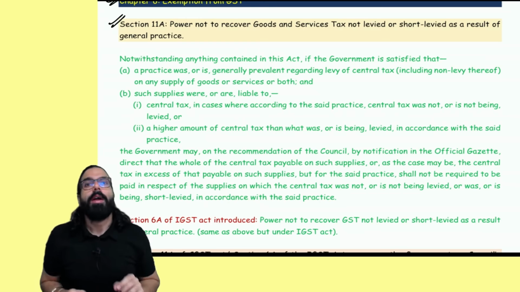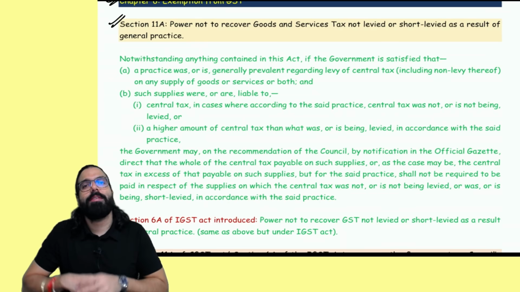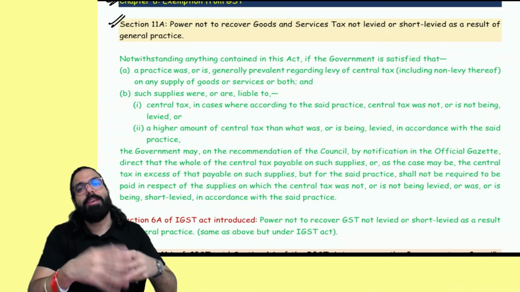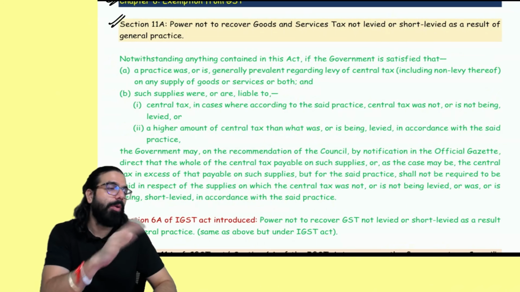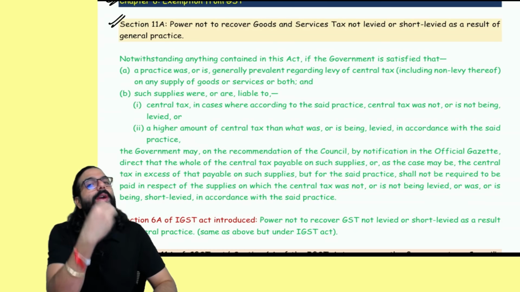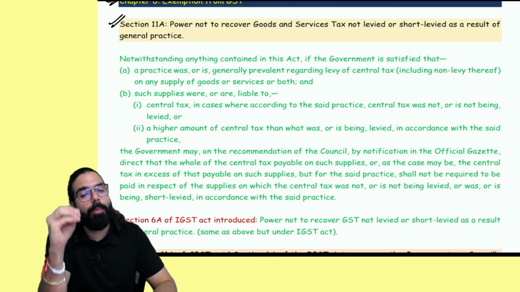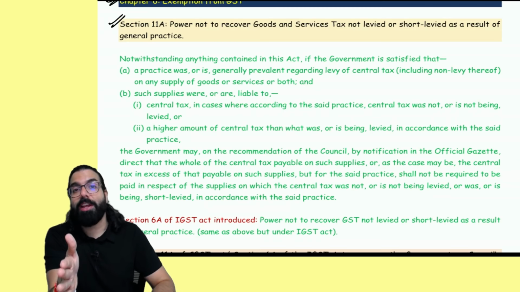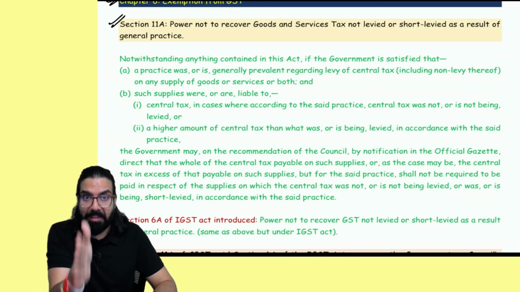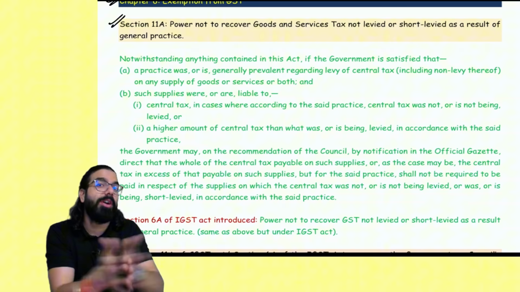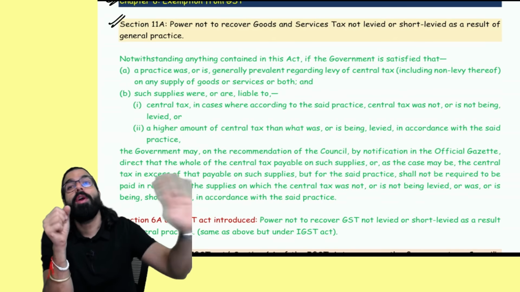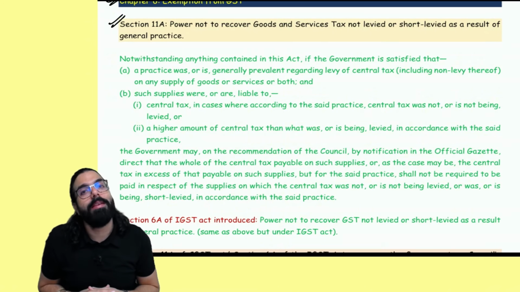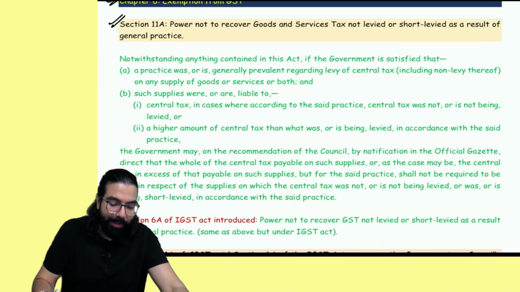government the power to issue a notification and say, okay, fine, whatever extra tax you should have paid, might be the whole industry paid only 5%, we are waiving it off. The power has now been given to the government, where it can issue a notification and say it was 18, now it has come to the knowledge that it is 18, you have only charged 5, the 13% which is there, we are waiving it off. We will not collect it from you. And for that waiver, 11A is the power with the government. That is what 11A is telling.